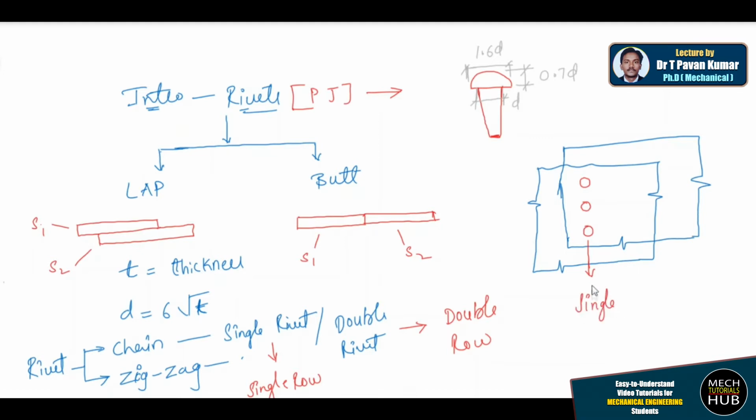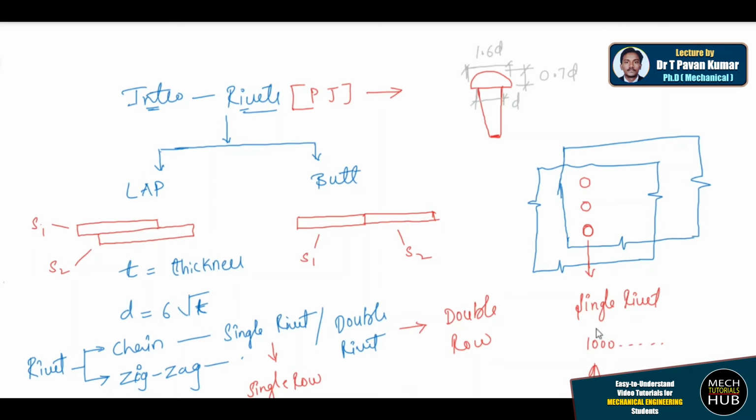It doesn't mean that it's a single rivet, a single entity. A single riveted joint means a row. This complete row may contain 1000 rivets, or 2000 rivets, or 100 rivets, but we consider it as a single row. Because when I view the arrangement from the front view, I could see only one rivet, because all other rivets are falling behind, invisible to the observer. That is the reason we call it a single riveted joint.